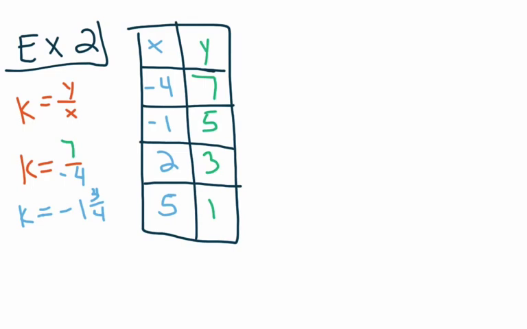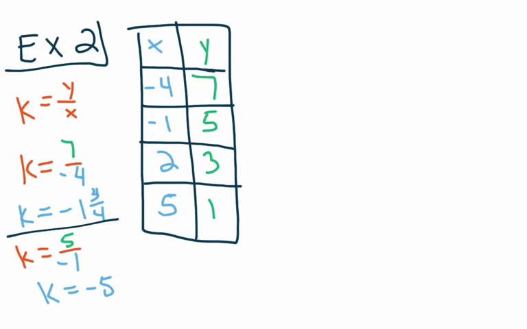If we do another set of ordered pairs, let's do the second set right here. We have k is equal to 5 over -1. Well, 5 over -1 gives us a k value of -5. So obviously this k value here and this k value here are not equal, telling us that we have a non-proportional